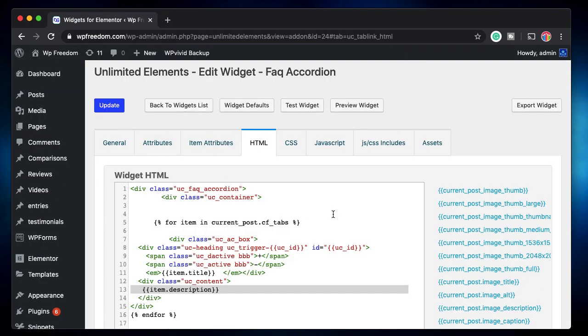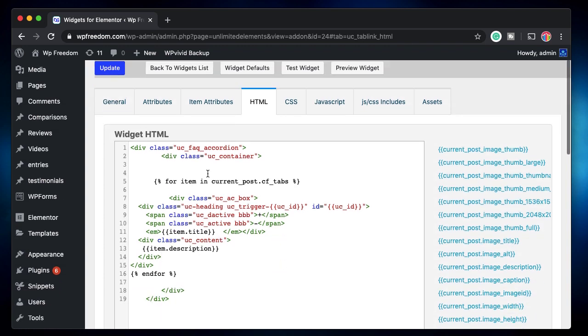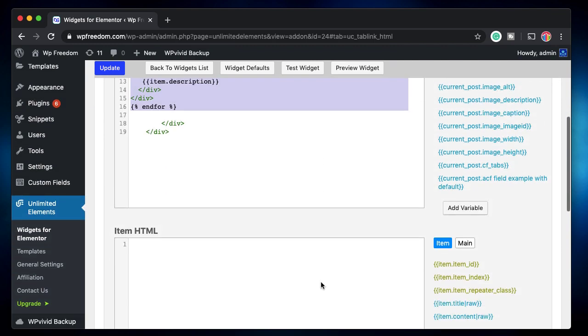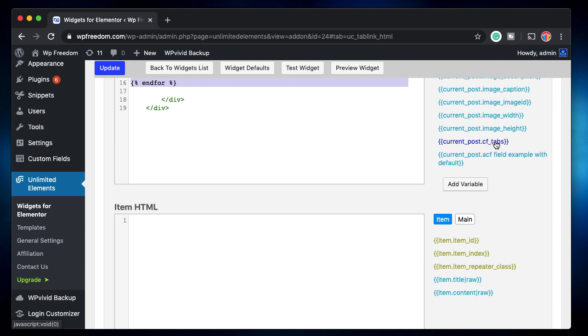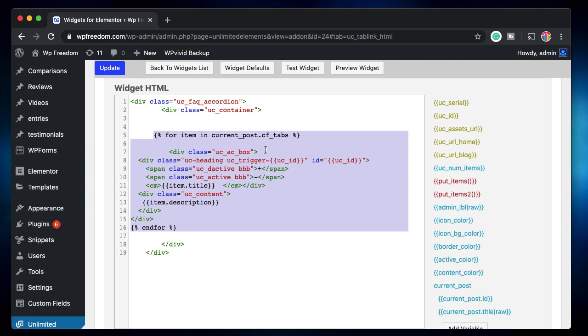You can also use other widgets, but it's not always easy to map the widgets. So what I did essentially was to replace put items with the repeater field code, which is this. You don't have to understand the code, just click on the repeater field, and the name of the repeater field was tabs. Just clicked on that and that will put all the code required for the repeater.